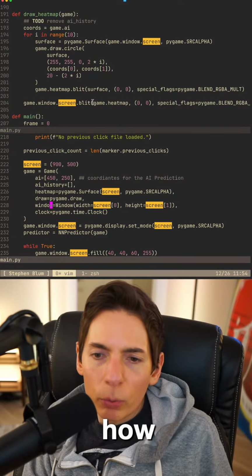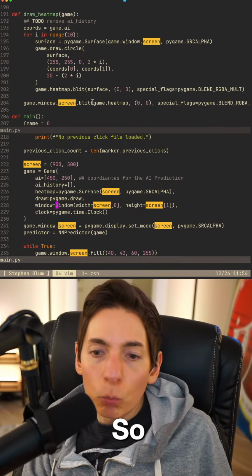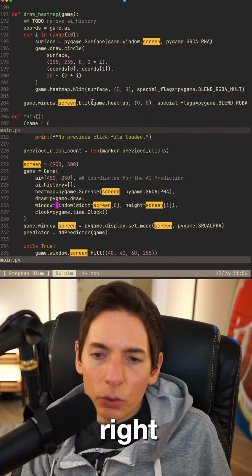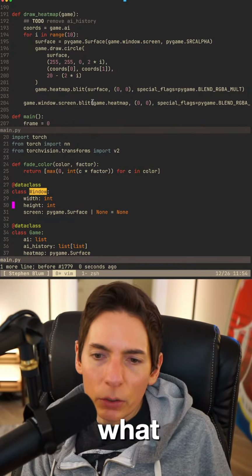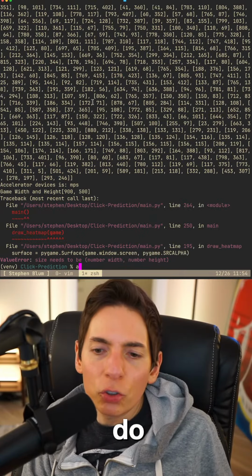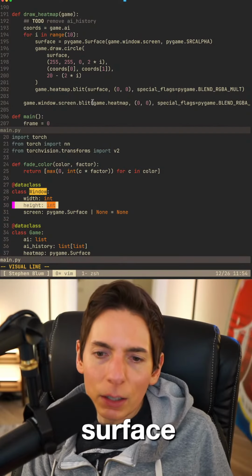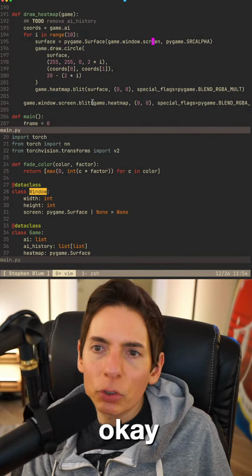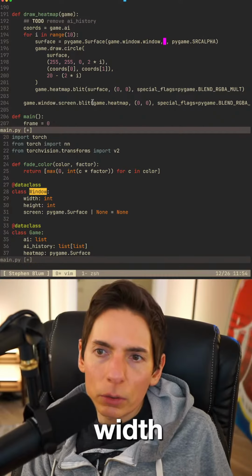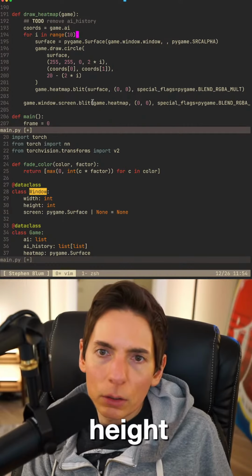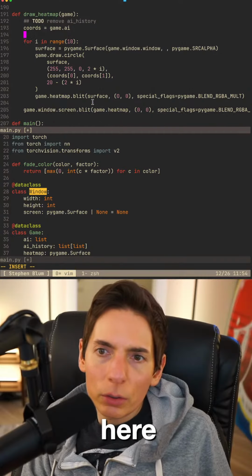So how do we get this? So it's a window class, right? So window has a width and height. I guess that's what we could do. Oh, and screen is the surface. Got it. Okay. So window.width. And we'll do height. Let's see here.